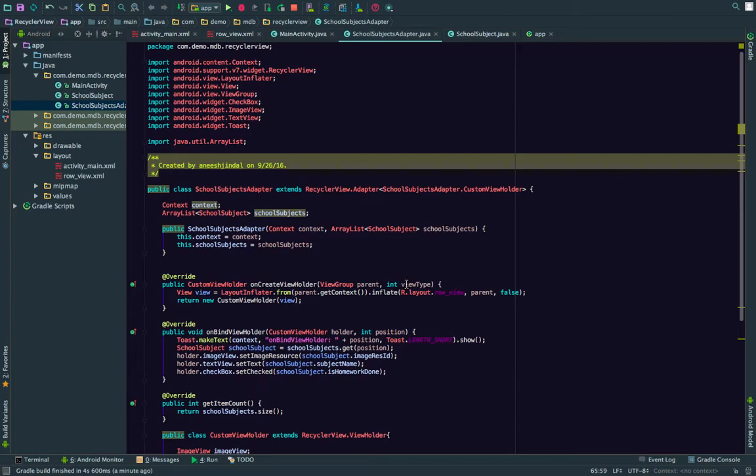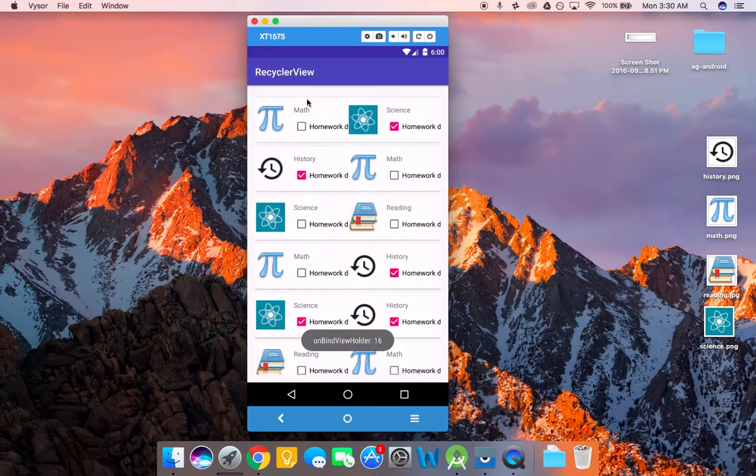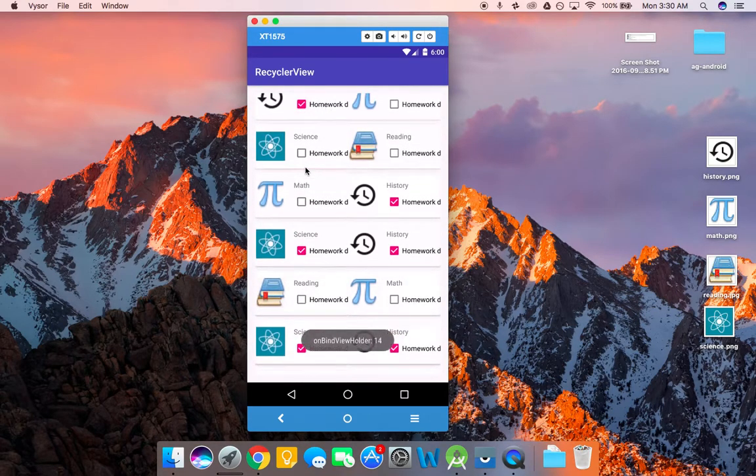So obviously there is a view type parameter that shows that you can have different row types. For example, if you wanted a header to be right here, obviously the header should have a different layout than all the other items underneath it. But for now, these are the